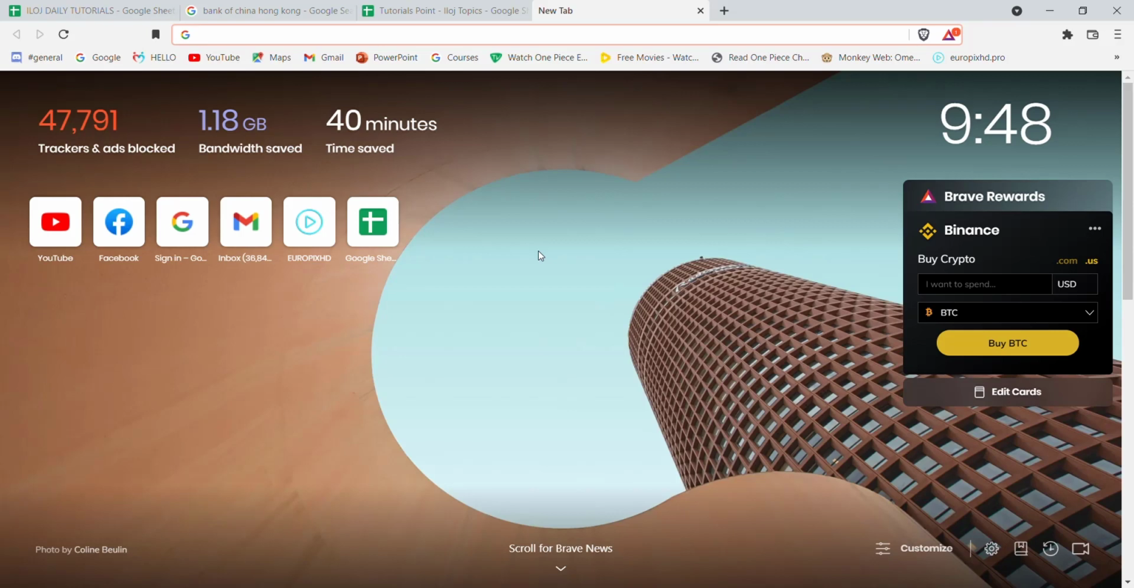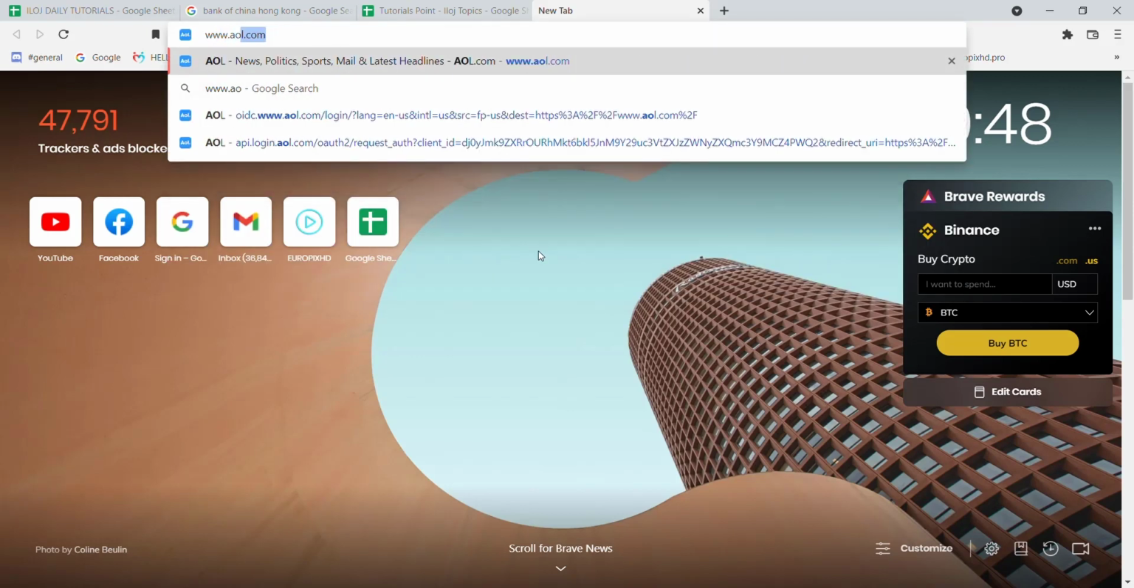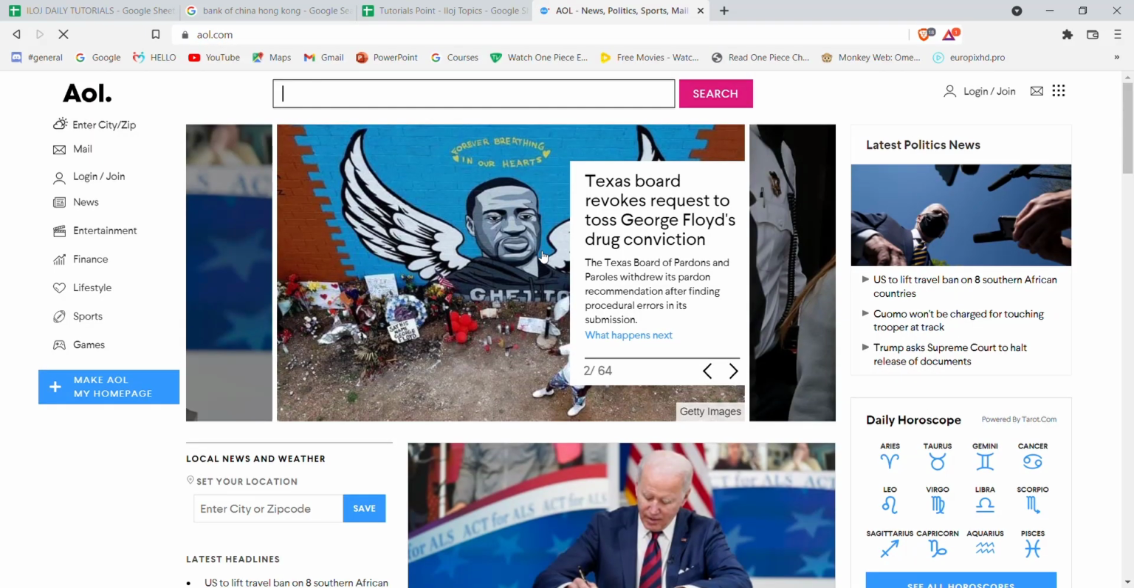First of all, make sure that you're connected to the internet. Once you've made sure that you're connected to the internet, open up a web browser. Now, once the web browser is open on your screen, type in www.aol.com and hit enter. After the home page of AOL opens up on your screen, on the top right corner